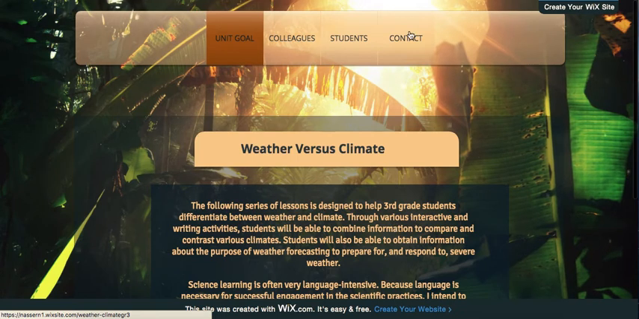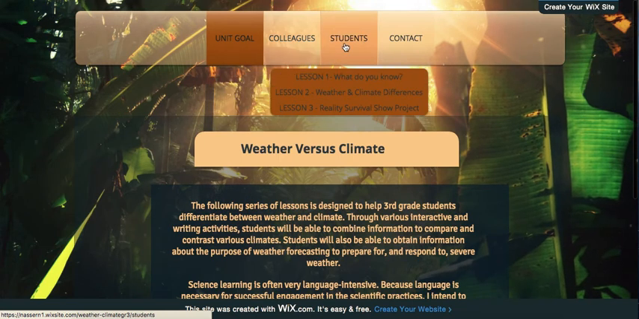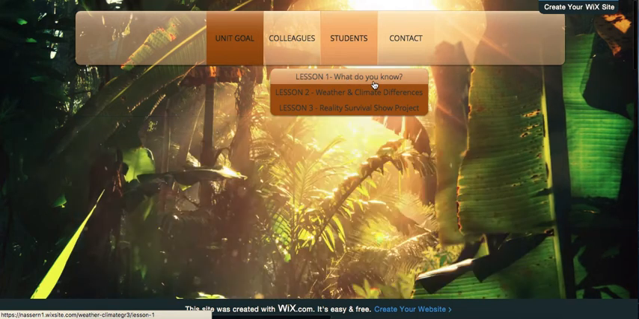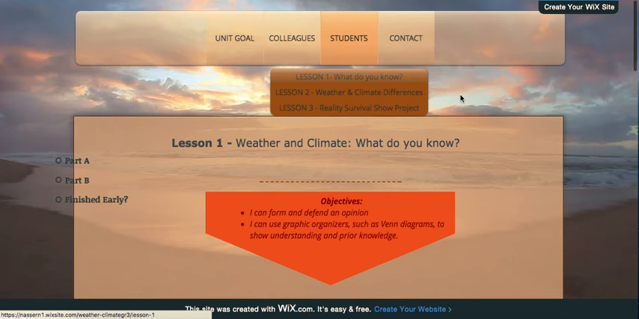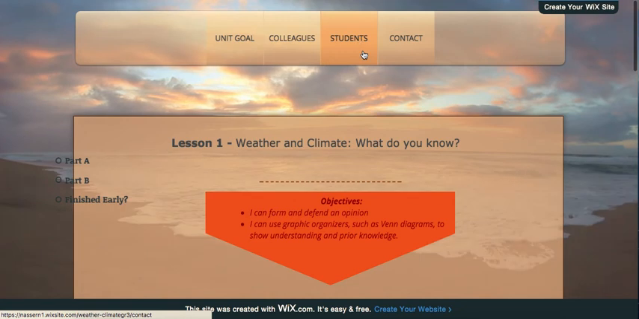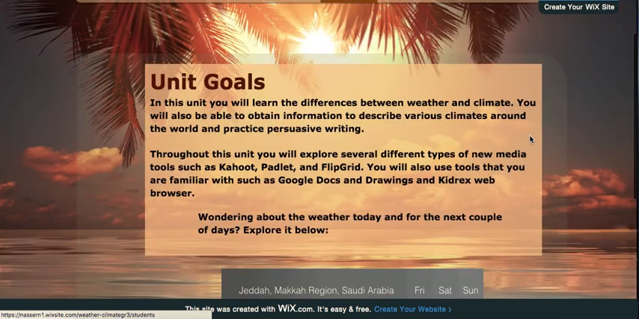But I do like that up here you can differentiate between if you're a colleague, this is where you go, if you're a student, this is where you go. So I'm going to just go ahead and go to your student section. And then it opens to lesson 1, which is good. And actually, if you click students, that's what I was going to do first. When you click that tab, it opens up to the unit goals, which is good,